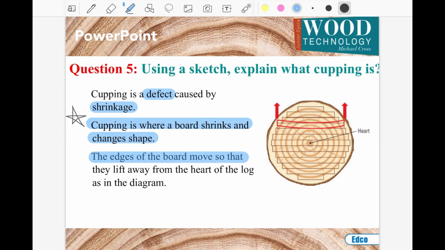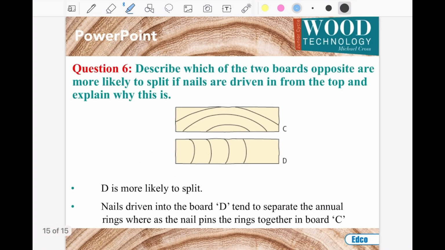Now, what I said was that the cells in the summer part of the tree growth shrink faster than the rest. And as a result, they pull away or they lift away as well there from the heart of the log. Basically, they pull away the grains, sort of try to straighten out, even though that technically isn't scientifically what happens. Another question you could be asked,